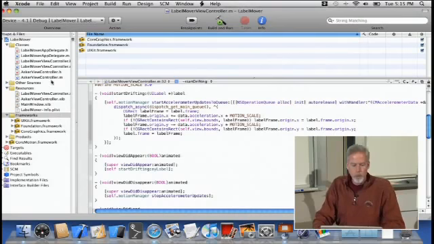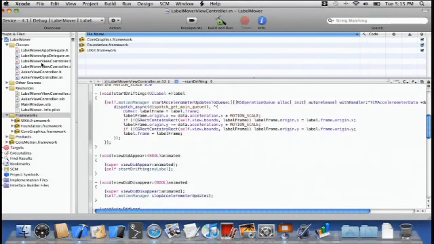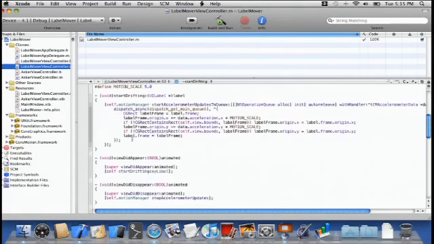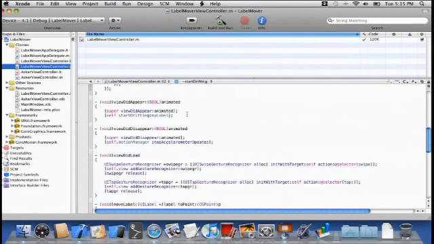Sure, remember how to do it. So the first thing I'm going to do here is add an instance variable for my timer into my label mover controller. I'm going to call it marquee timer. And basically when the view appears, I'm going to start this timer going, and when it disappears, I'm going